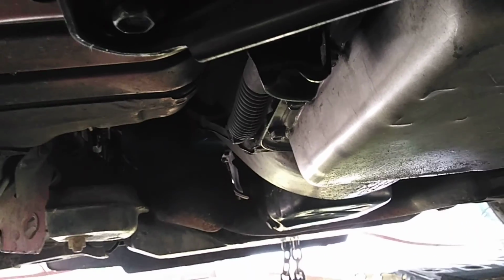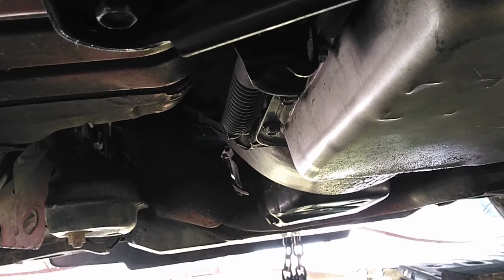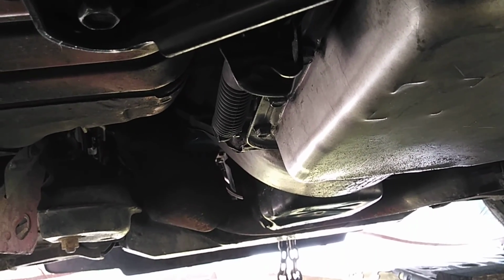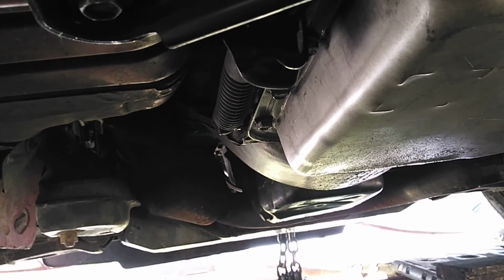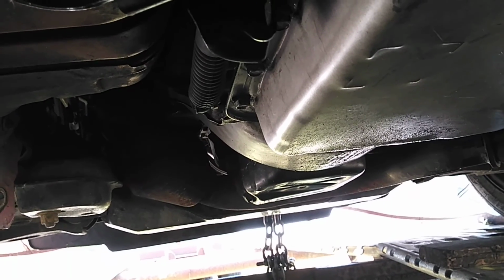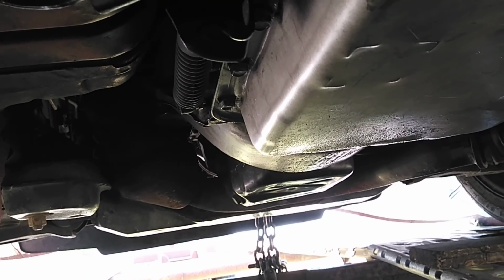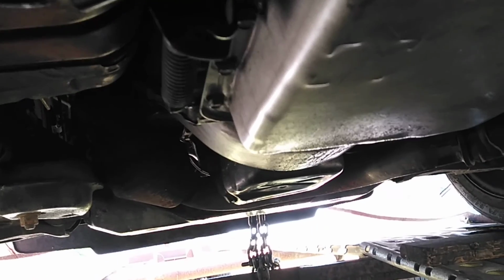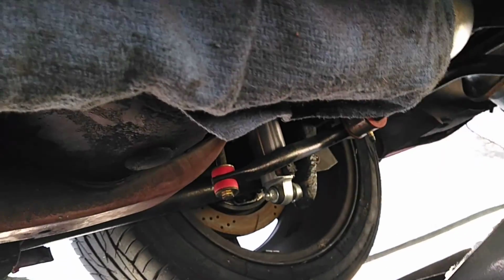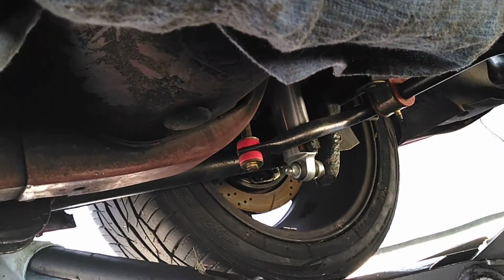So I might change that, because everything out back's polyurethane. Now up front, the motor mounts are polyurethane. I got the Turbo K for 93 to 02 F-bodies, or you can do small block Chevy or big block Chevy. So the polyurethane motor mounts are going to be changed. The front sway bar bushings and end links are going to be changed to poly. The rest I'm going with rubber. This go around, I'm going with Strange coilovers up front. Like I say, I put Strange shocks in the back, single adjustable,